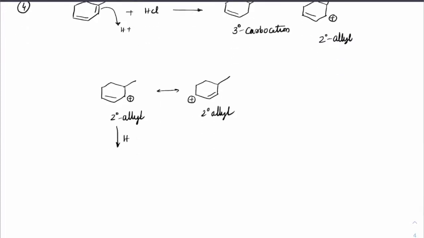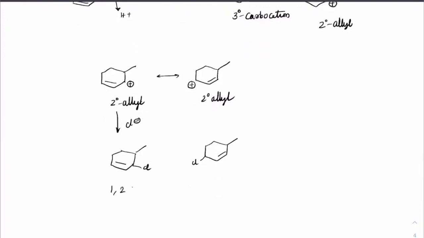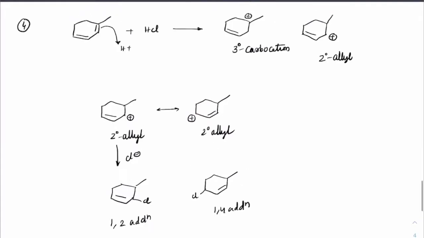This on reaction with Cl minus gives a product this way, a double bond with Cl here and a double bond with Cl here. So here it is the adjacent addition, so it is 1,2 addition, while here it is 1,4 addition. Check this product now. Here there is no rearrangement after that, so I can get an addition product here. But since this is not as stable a carbocation as that formation, this would be a very, very minor product. Relatively, if you check, this would be the minor product.